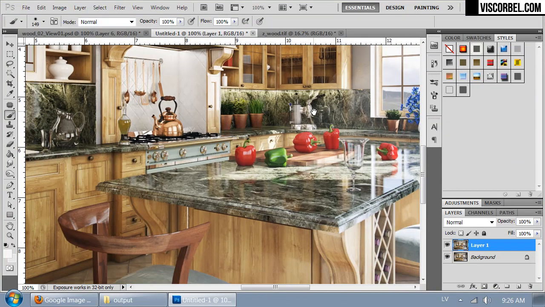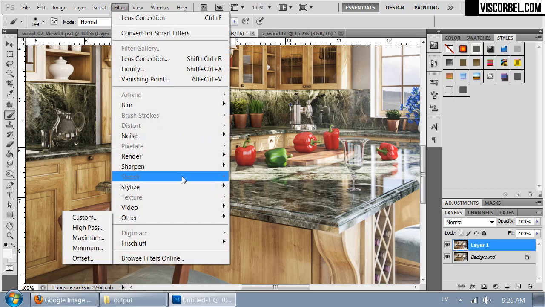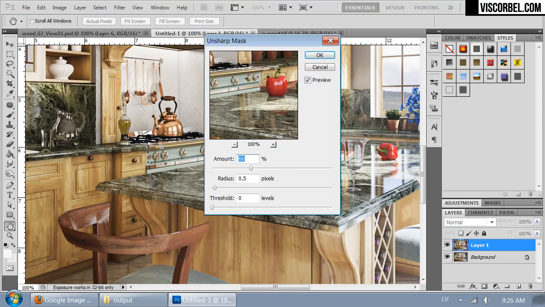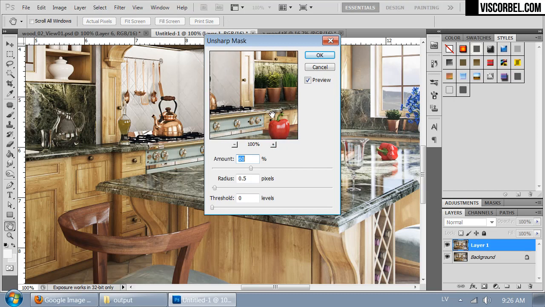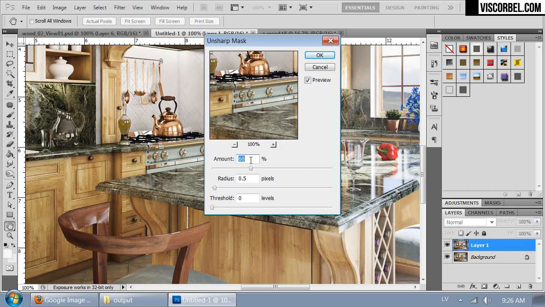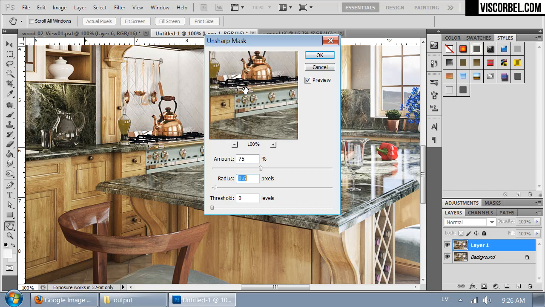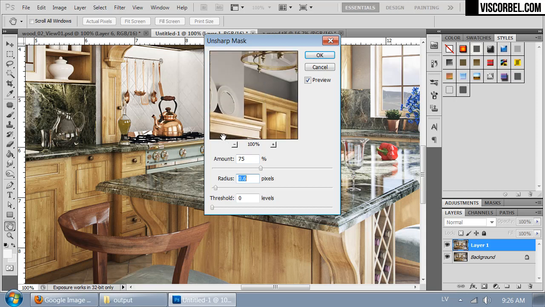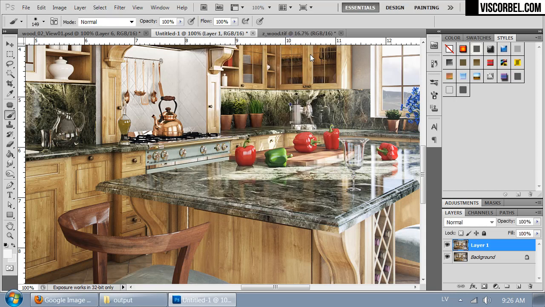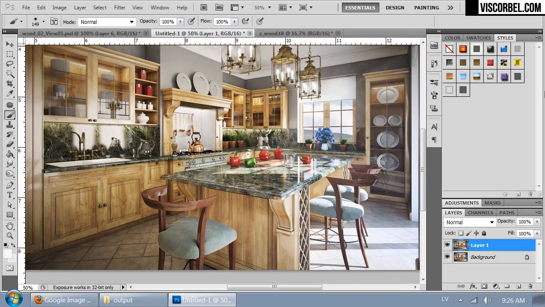Okay, and finally let's add unsharp mask. So let's set it to maybe 75% and use 0.6 pixels. Okay, and let's